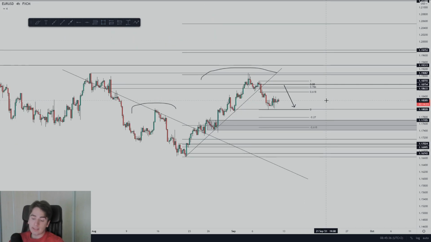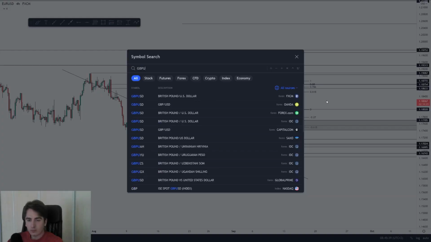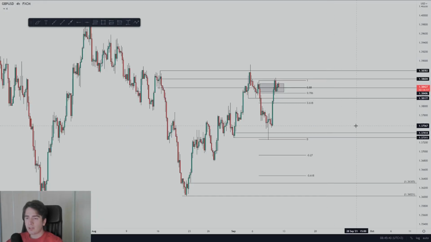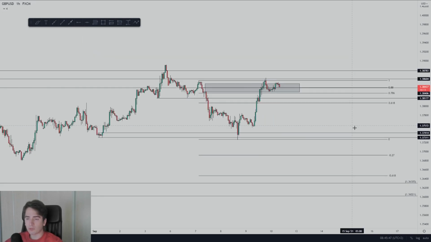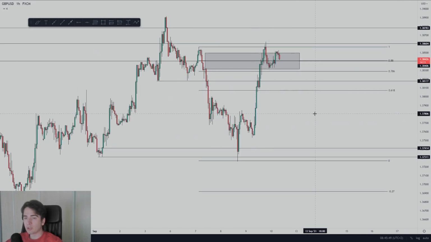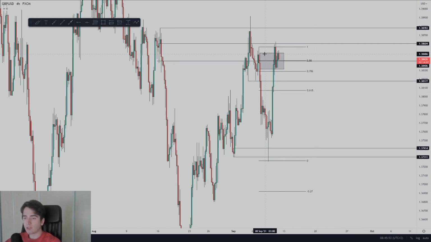With that said, let's head over to pound dollar. And looking at pound dollar, a lot of people went short yesterday. I think that was what I was reading. Personally, I'm not in this short, mainly due to the fact that I don't really see any really important key levels. Of course, we have this 4-hour level over here, which is acting as an area of resistance at the moment. So of course, we could see more downside.